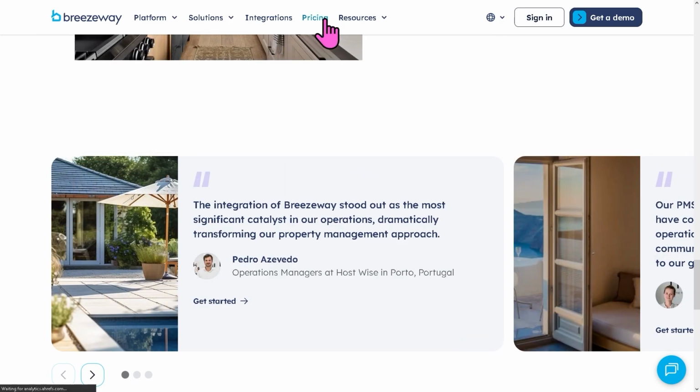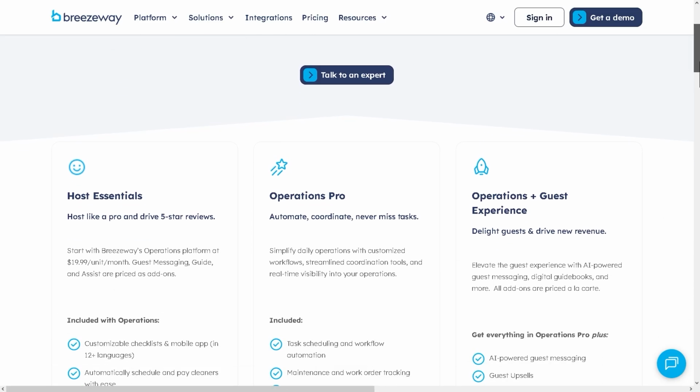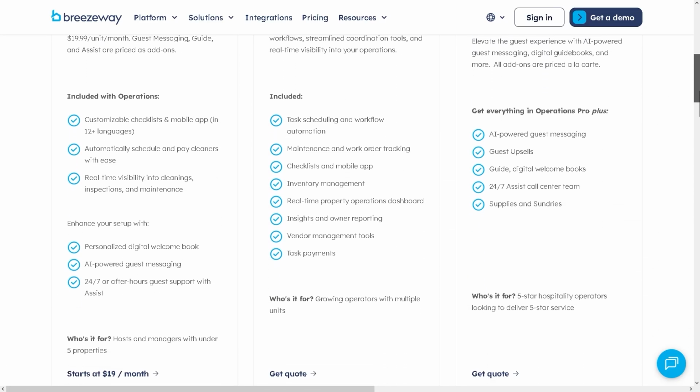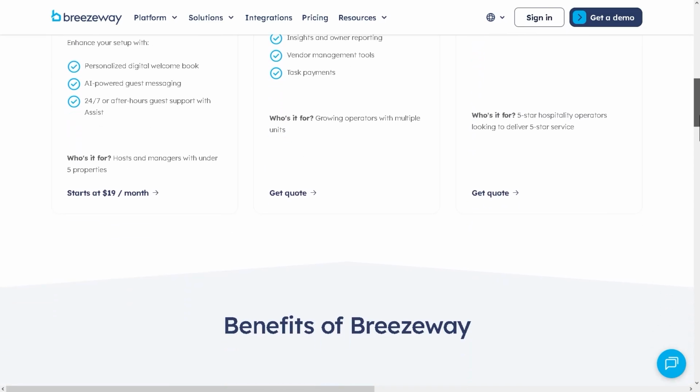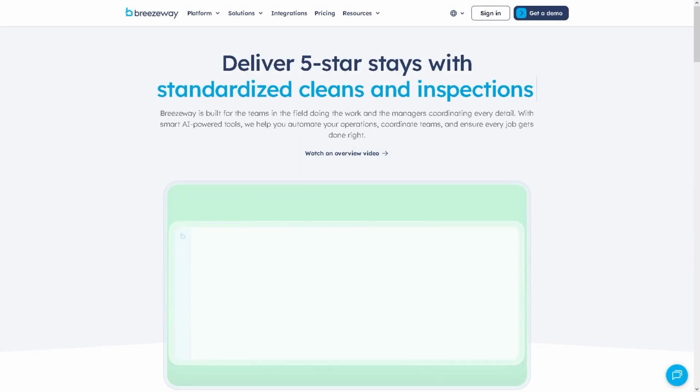Now, keep in mind, Breezeway uses custom pricing, meaning there isn't a single public price that applies to everyone. So instead, the cost depends on several factors,